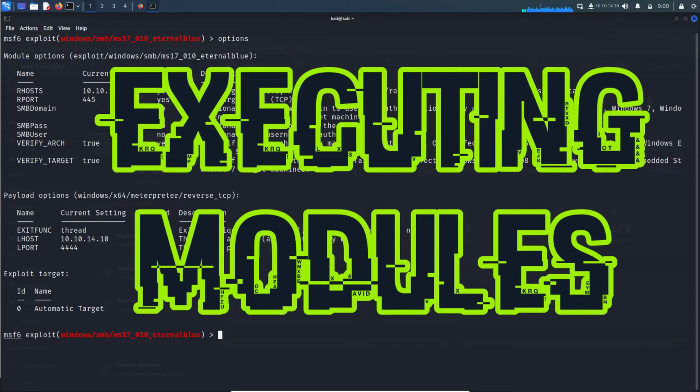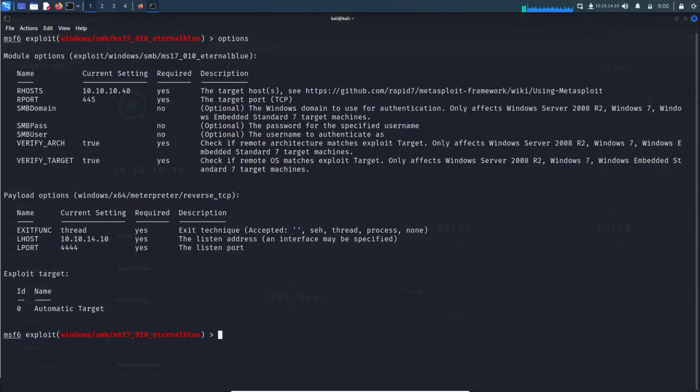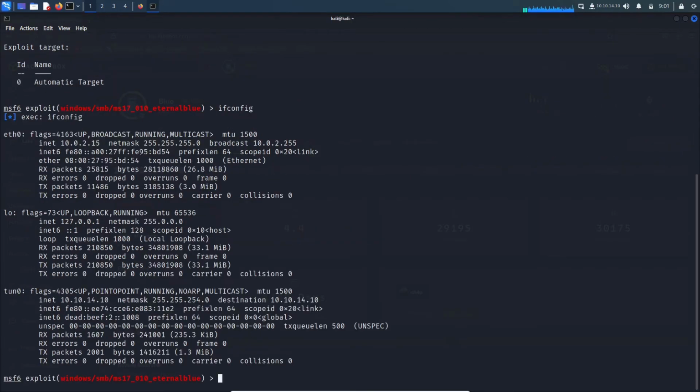Okay, so we're ready to try to exploit our target now with the MS17-010 EternalBlue exploit. We've got our payload set to Meterpreter reverse TCP. But one thing to note, especially if you're on environments like HackTheBox where you have to set up and connect to the environment via a VPN, you will have two IP addresses. Your IP address on your local network given to you by your DHCP server, but you will have a separate interface called TUN for tunnel, and you need to make sure that you are setting your localhost IP address to that